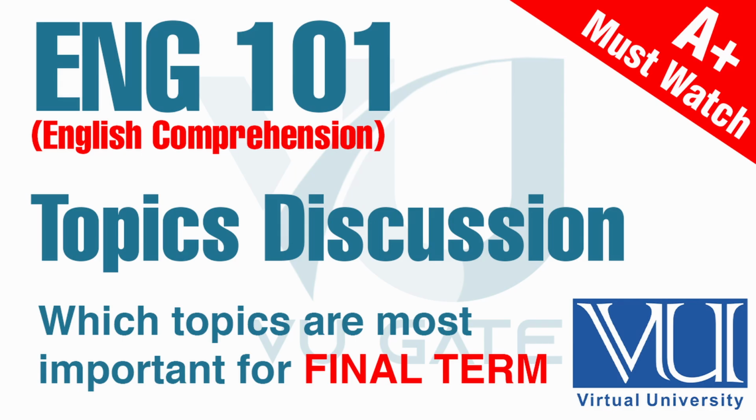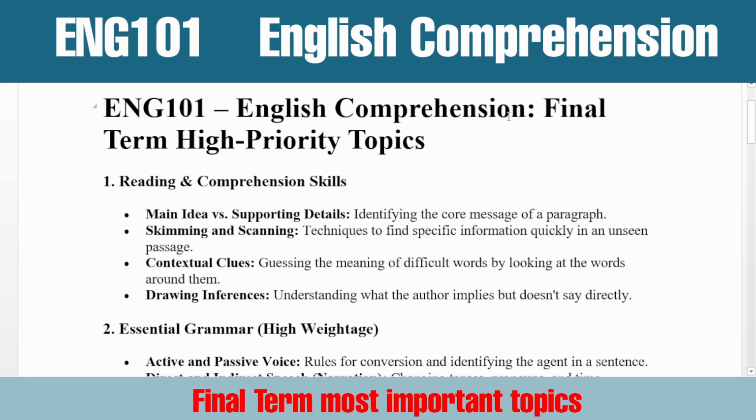For ENG101 English Comprehension, where we will break down the essential high-priority topics for your success. Starting with Topic 1, Reading and Comprehension Skills, you must master the difference between the main idea and supporting details while practicing skimming and scanning, which are rapid reading techniques used to locate specific facts or get a quick overview of a passage, alongside using contextual clues and drawing